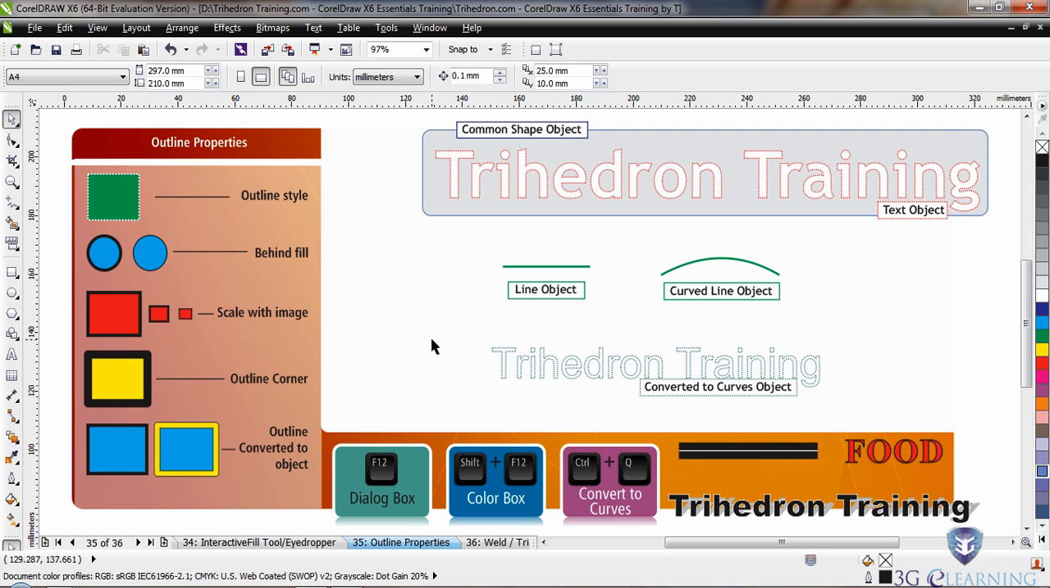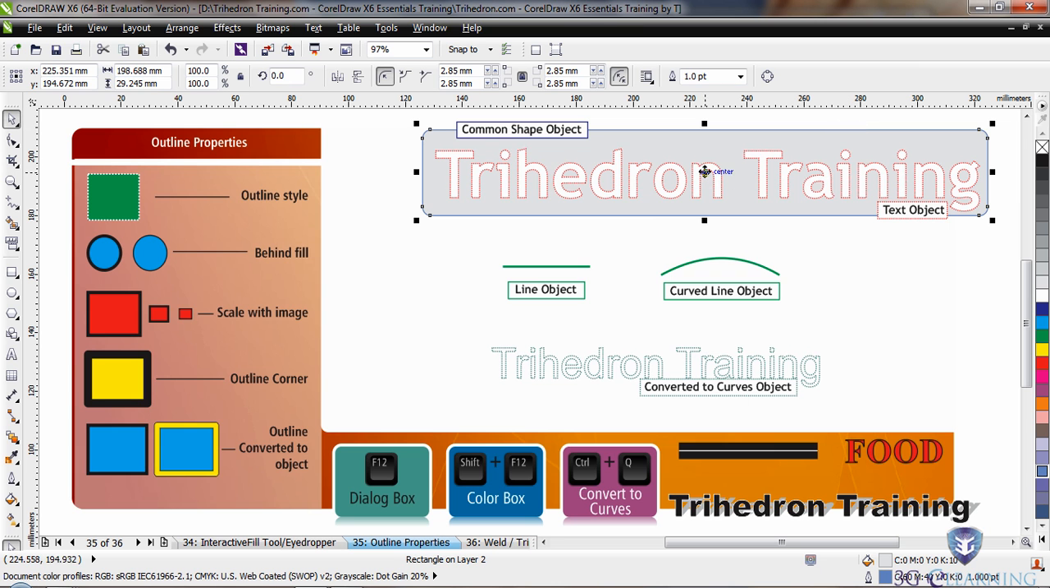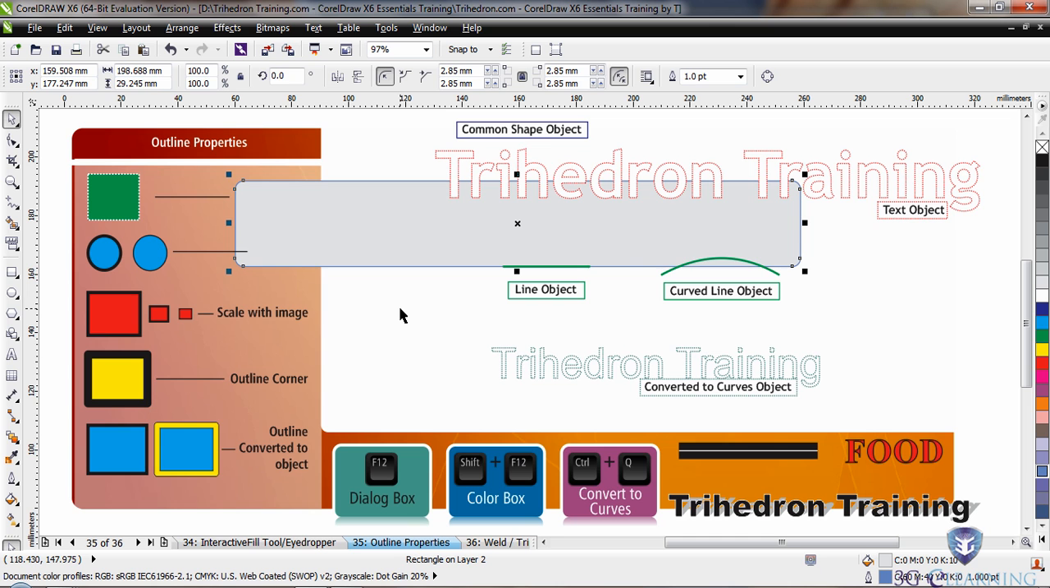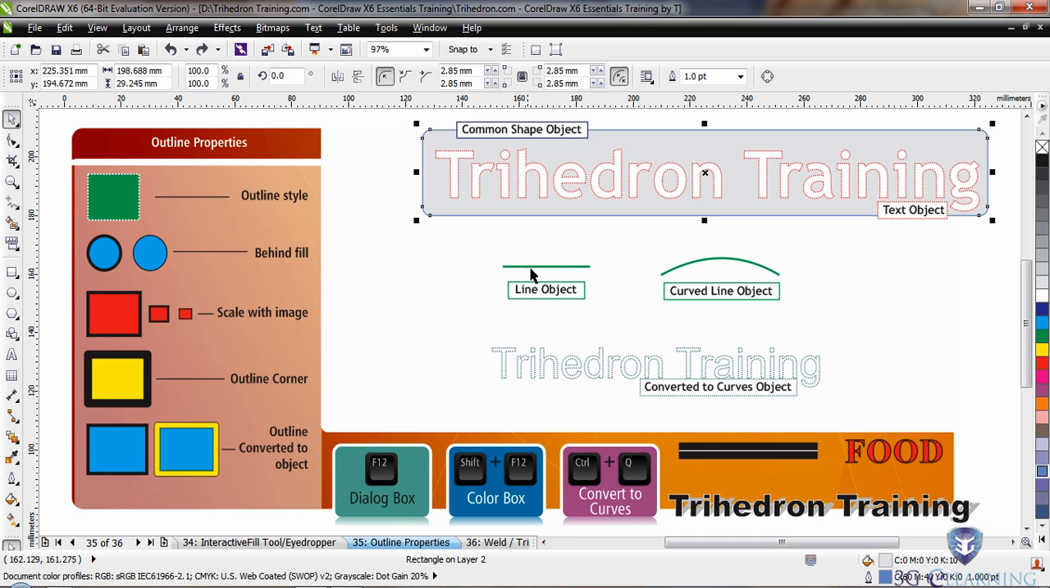And first of all, I will quickly need to recap with you, and a couple of these things will also be new, the different types of objects that we work with, and how we can change the outline properties. So the first type of object shape we have is what we called a common shape object, which is being depicted by this rectangle here. Now the reason it's a common shape object, or you could call it a basic shape object if you wanted to, the point is, CorelDRAW recognizes how the shape was made, using the rectangle tool,